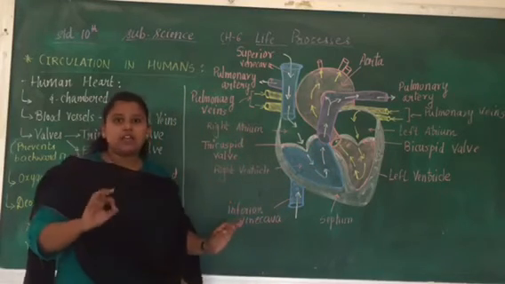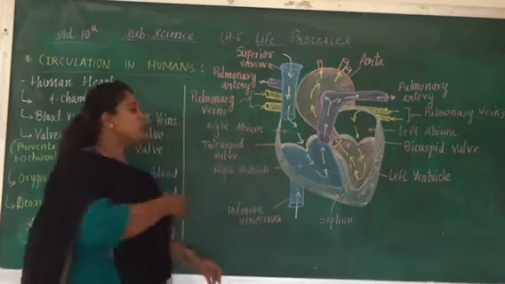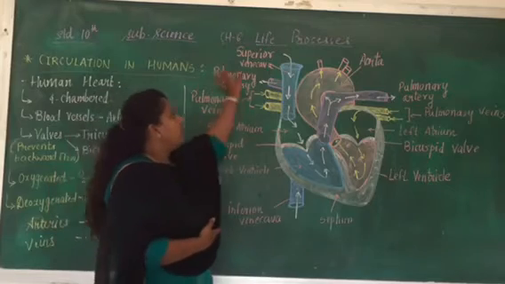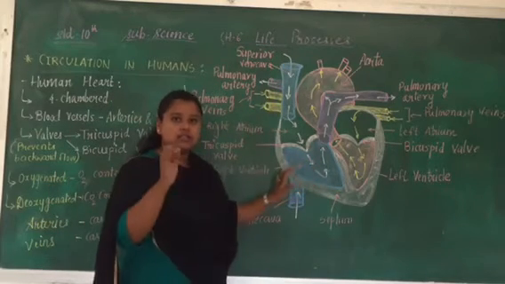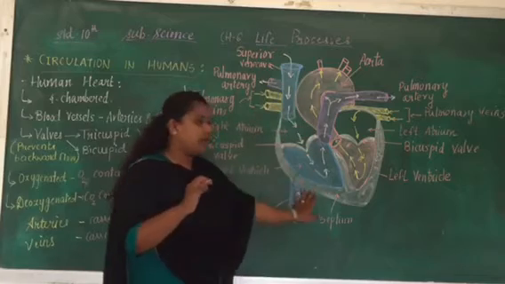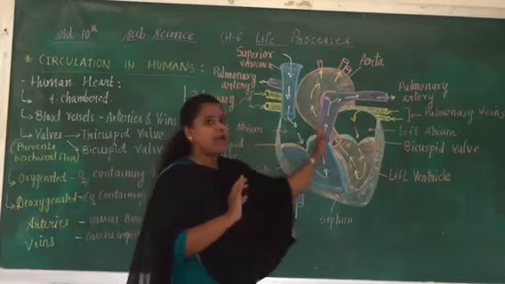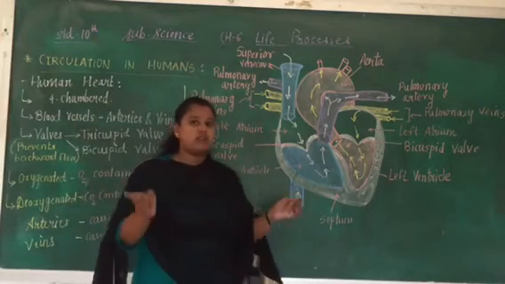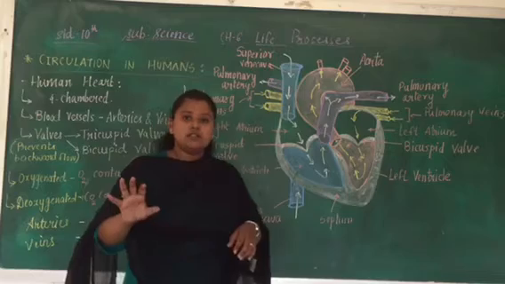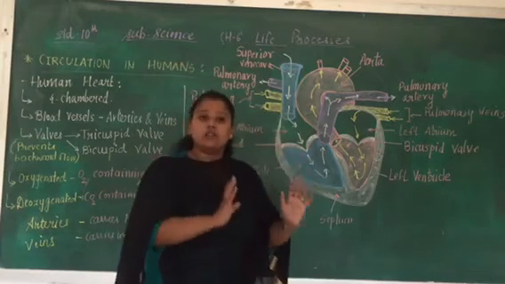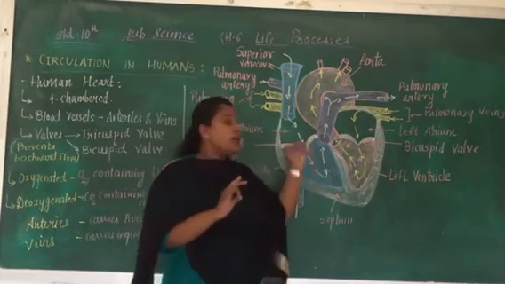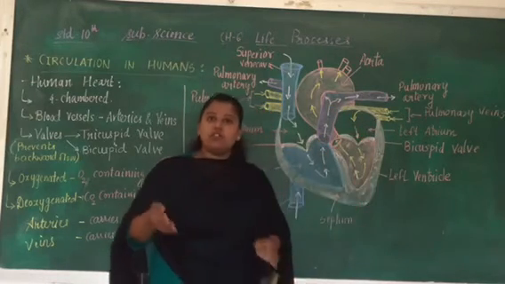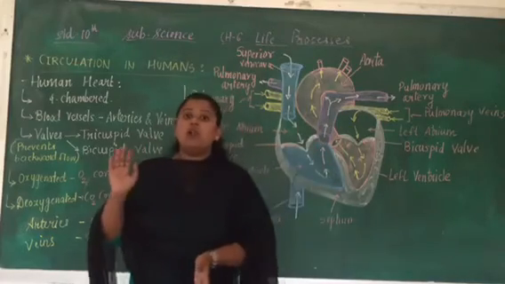So the mechanism, again, the two systems are working together. The first one is respiratory, the second one is the circulatory. The blood which is deoxygenated, that is the CO2, is going to come in which part? Right side, right? And it goes back to the lungs. What it does is the exchange of gases takes place, and when the exchange of gases takes place, the deoxygenated blood is converted into oxygenated blood. Now this oxygenated blood comes back to the left portion of the heart, and through the aorta it is sent to all body parts.